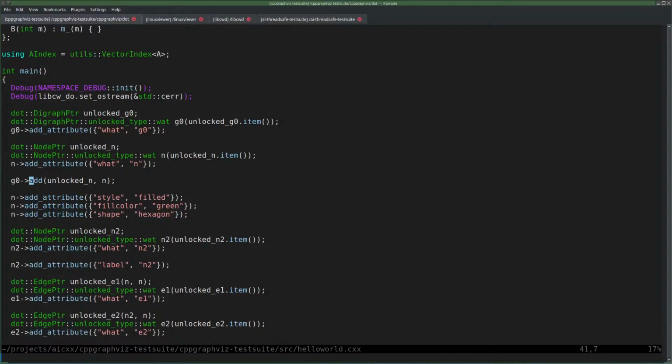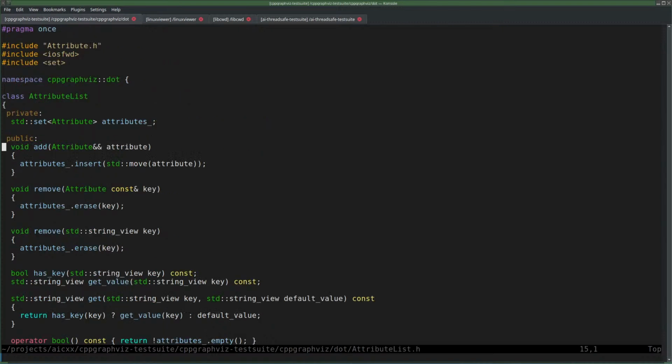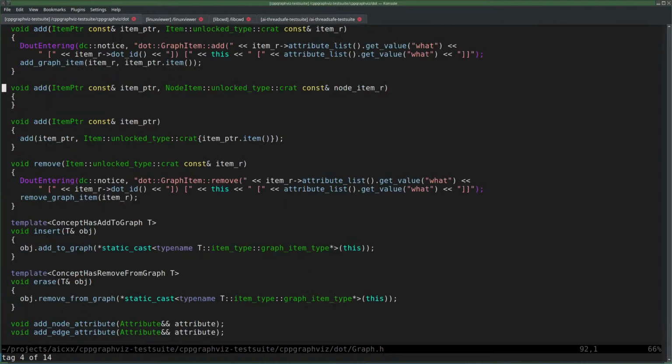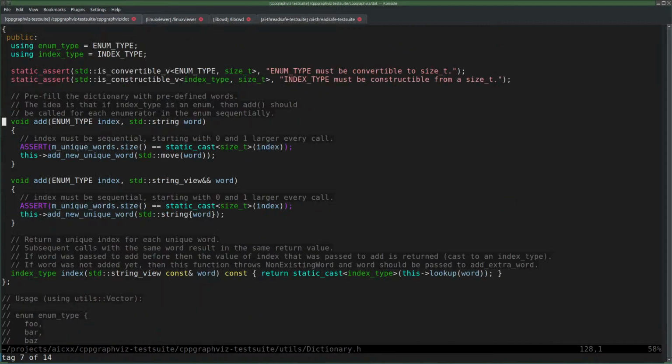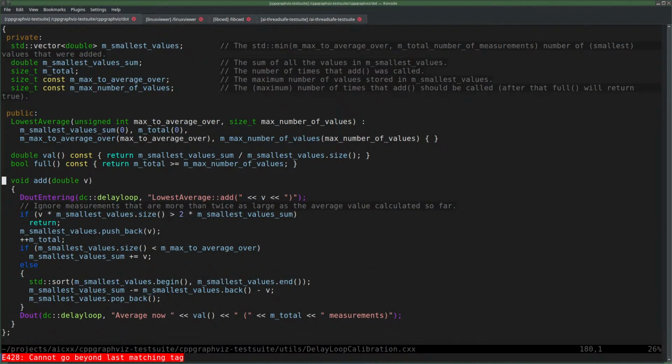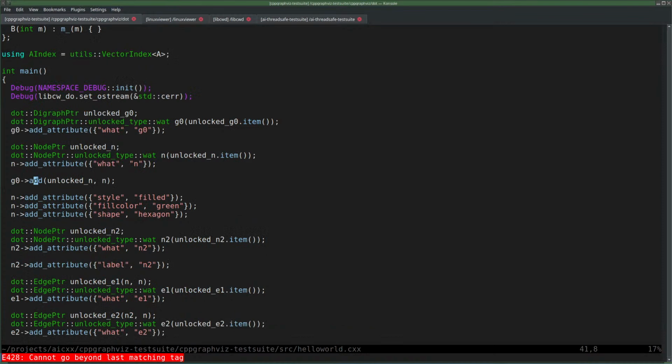Passing an unlocked n and an n. This is a node pointer. And I added to G0 add, that is a digraph pointer, AKA my dot graph. I don't think it is a dot graph, is it? Apparently it's a dot graph.